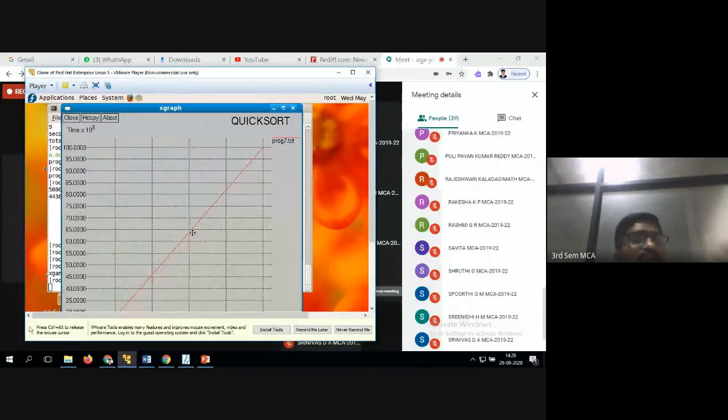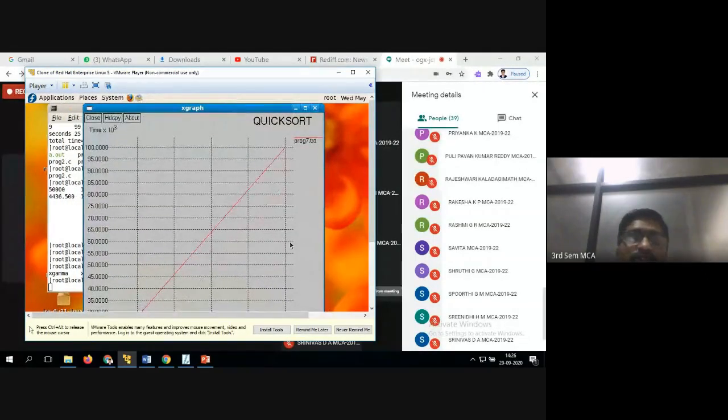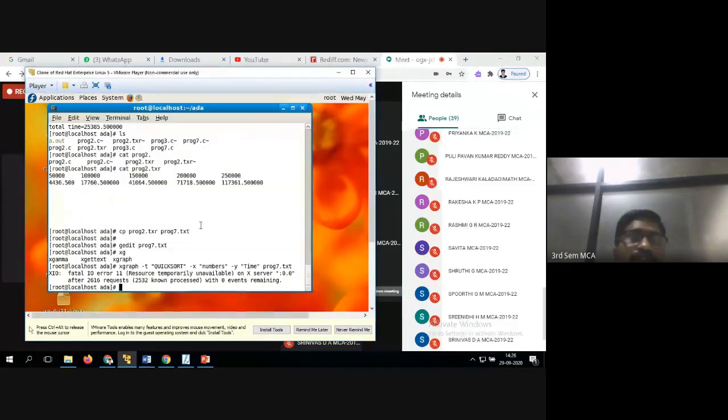So just one value I've entered, and you try to execute your program. What are the values you are getting? You change it. That's all. You don't write the same values because I have copied from the first file. Don't do that one, and you try to write your own values, whatever you are getting. That is what you have to do. Any doubts, please let me know. Any doubt?